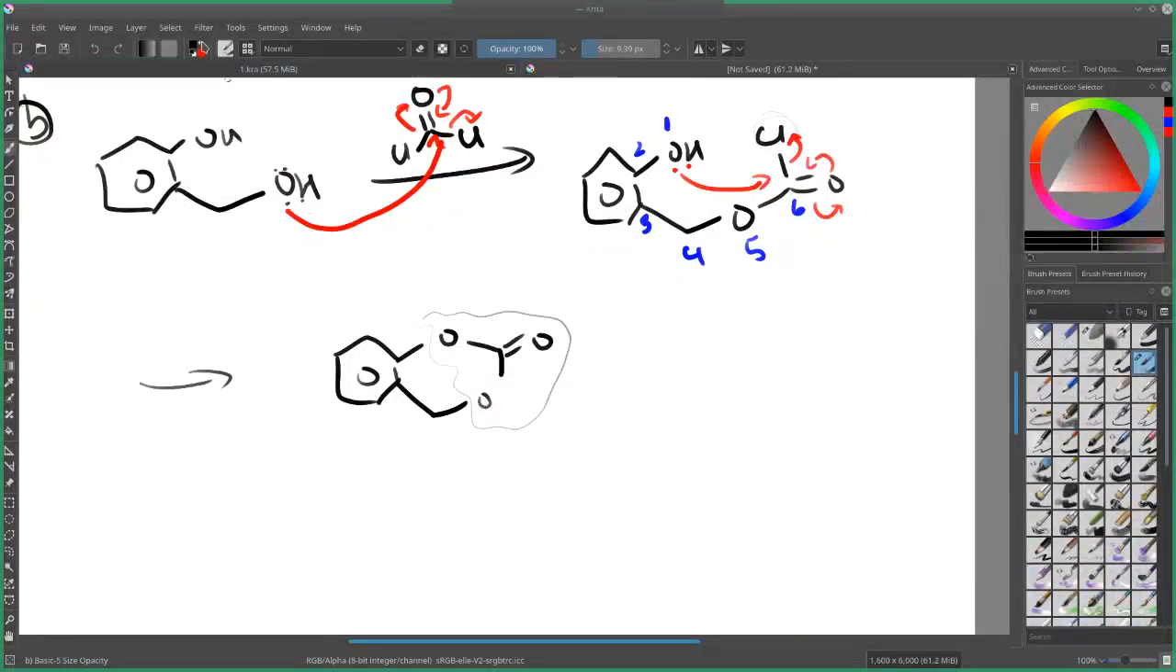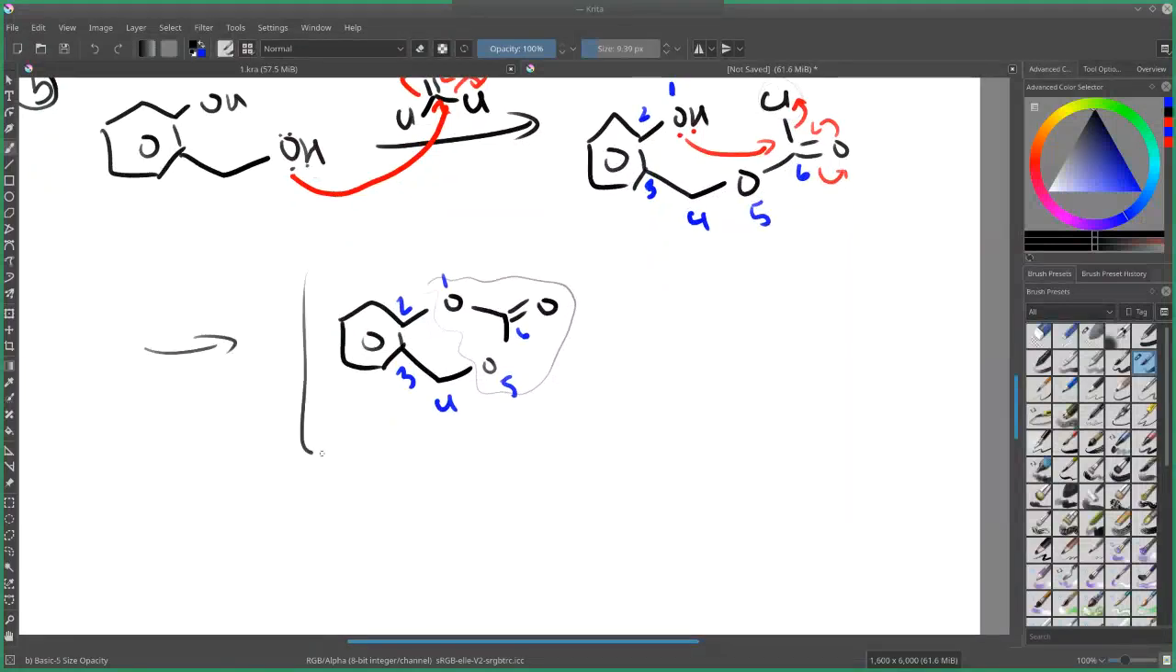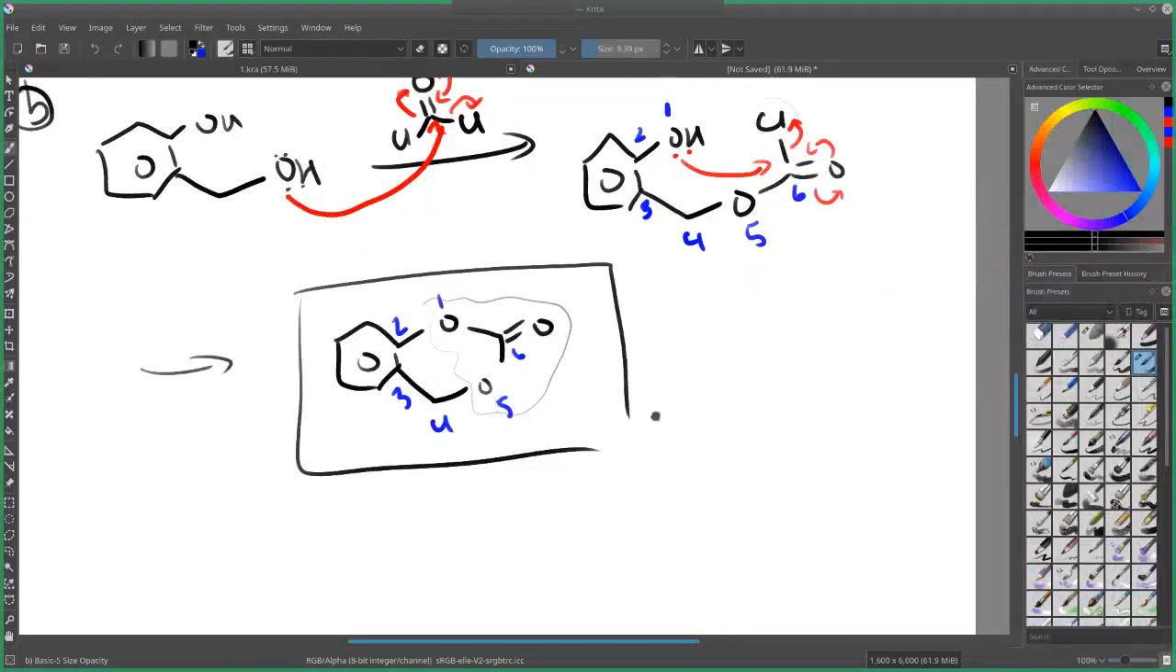I drew my ring kind of weird, but once again, we have 1, 2, 3, 4, 5, and 6 things here. So yeah, it's a 6-membered ring. Yeah, I guess it's like some sort of a lactam. And yeah, okay, this is our product. Cool. All right, how about we move to